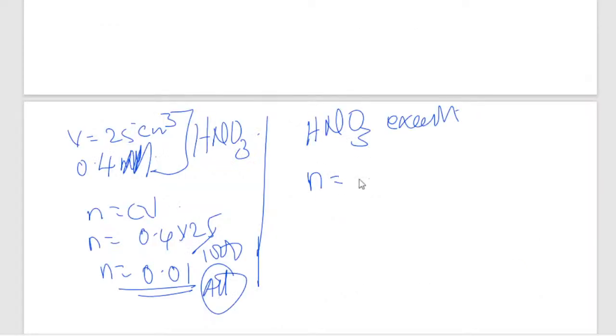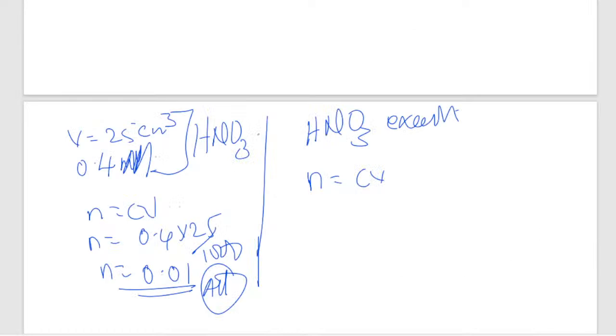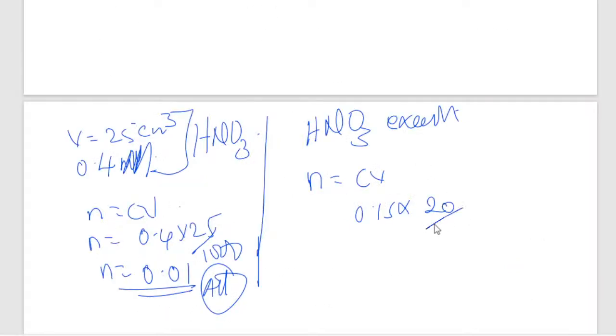Number of moles is equal to CV, whereby number of moles is gonna be 0.15 times 20 divided by 1,000, so that I get it in decimeter cubed, remember it's supposed to be in decimeter cubed. Number of moles, this is the excess, the one which reacted with barium hydroxide, and this is the whole nitric acid. Yes, so the answer is going to be 0.003